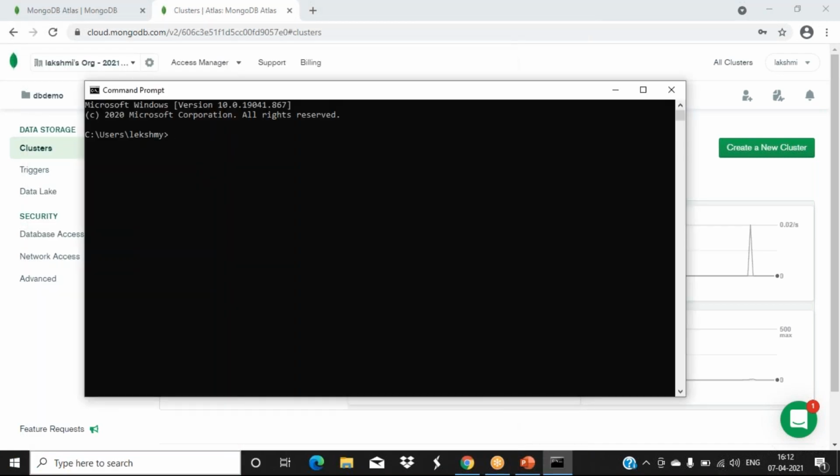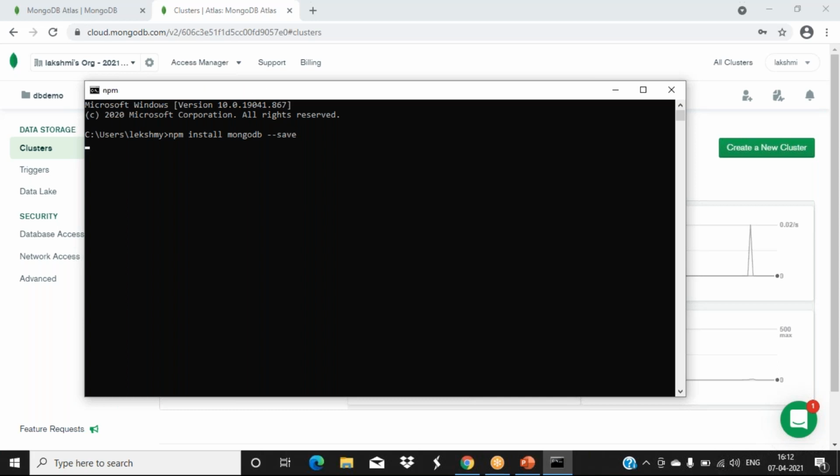Installing the MongoDB driver. No, ma'am. You open your command prompt. There you can use your package manager npm. You type install mongodb, then two hyphens, save. Then it will install properly. If you do not give save also, it will work, but this is the correct format. Press enter. So MongoDB is getting installed now.